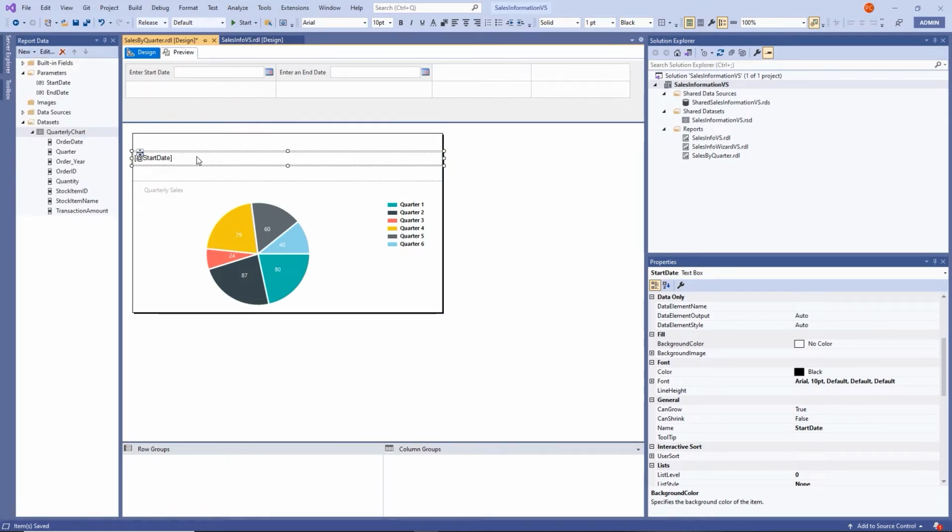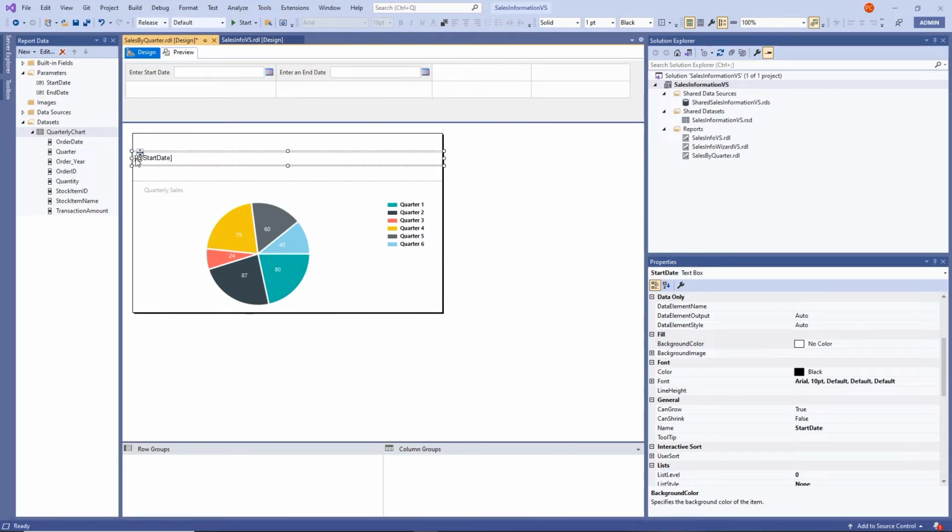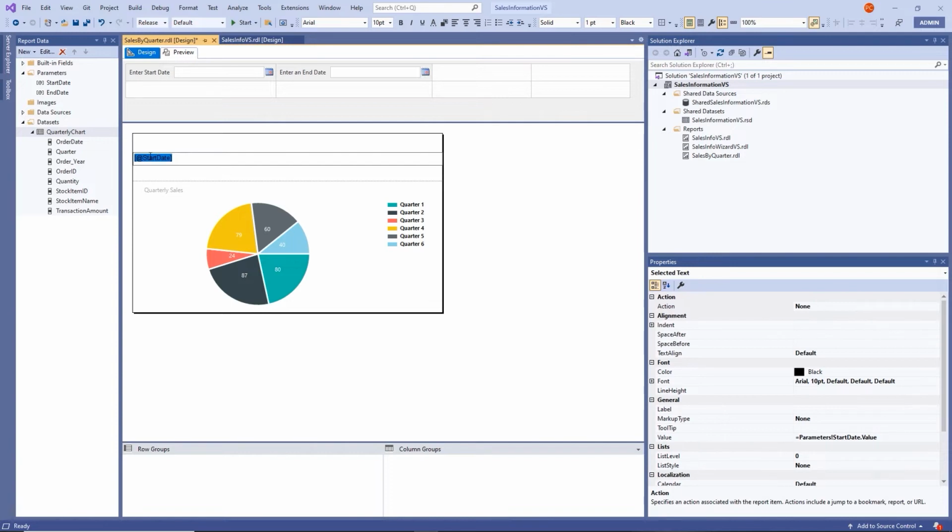And now it puts that parameter in, and notice the format that it's using. It's an open square bracket and then the @start date, close square bracket. Before that opening square bracket, get into that text box, and I want to get before that square bracket, and I'm going to type "order dates between" and a space. Click after the closing square bracket,